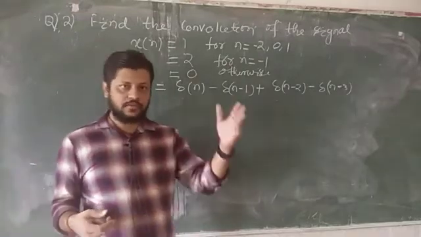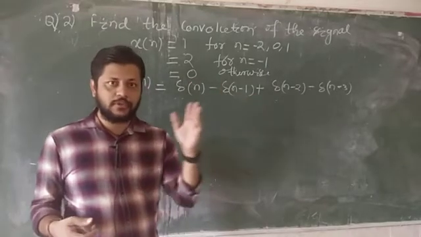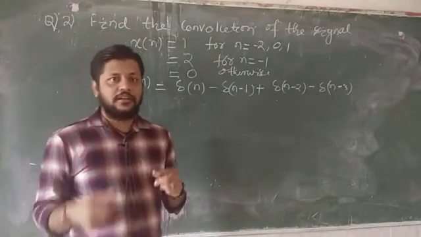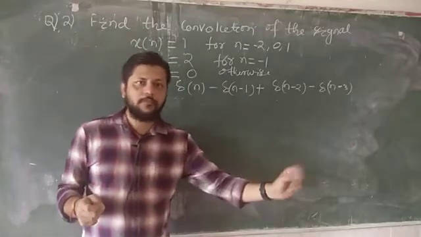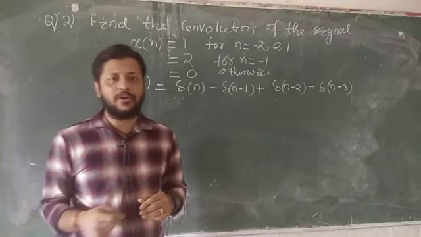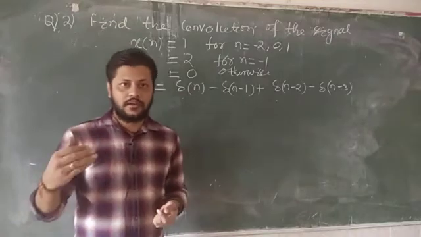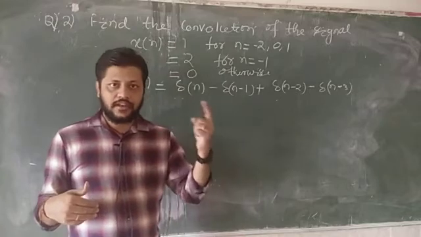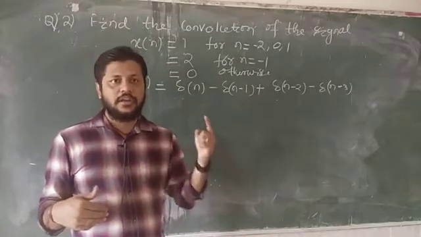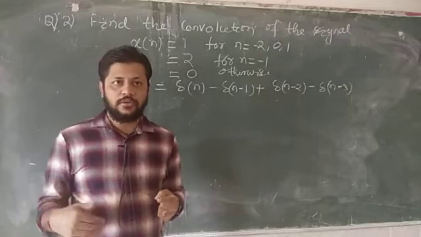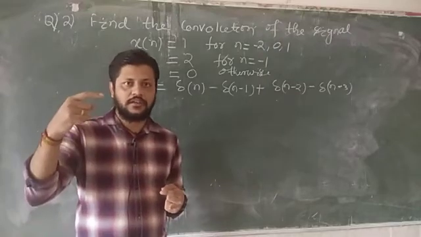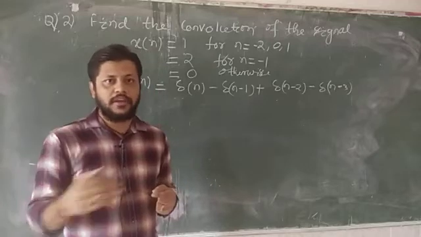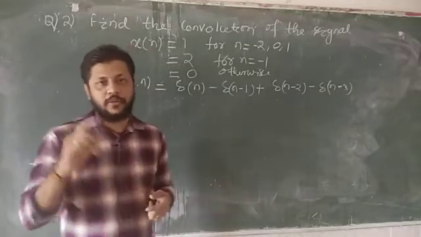For example, if x[n] consists of 4 samples and h[n] consists of 4 samples, that is a total of 8 minus 1, that is 7 samples must be present in your output. And where will the output start? Suppose x[n] starts at some point N1 and h[n] starts at some point N2. Add the starting point of x[n] and the starting point of h[n], and the output will start there. Okay, N1 plus N2.